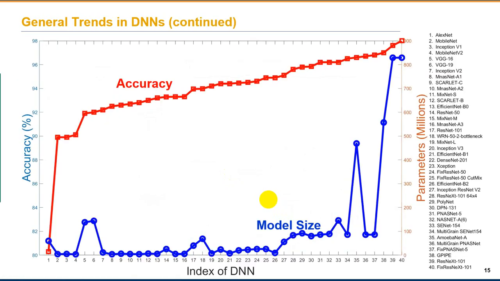To elaborate further, I have taken the accuracy on the y-axis and the number of parameters on the x-axis. The model size is greater if the number of parameters is larger. We can see from here that as we move on, accuracy is increasing, and our model size is generally increasing with the increase in accuracy. So if we require more accuracy, we generally have to process a larger network.